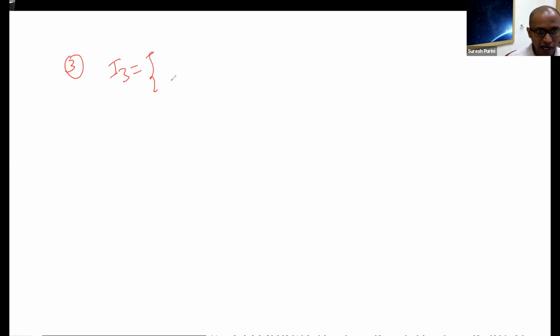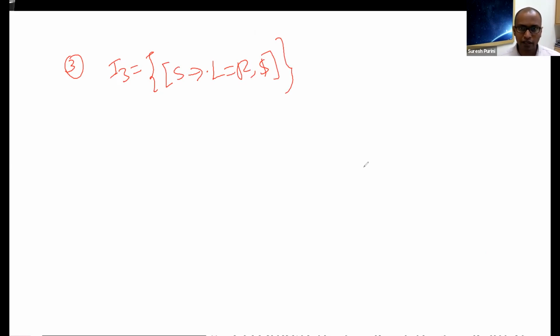Normally in a physical class, I ask the students to try out one of these examples so that it becomes clear to you, but now we are in a virtual setting, so I am doing it for you. But if you do this closure computation once by yourselves, then you will understand the definition of closure much better.